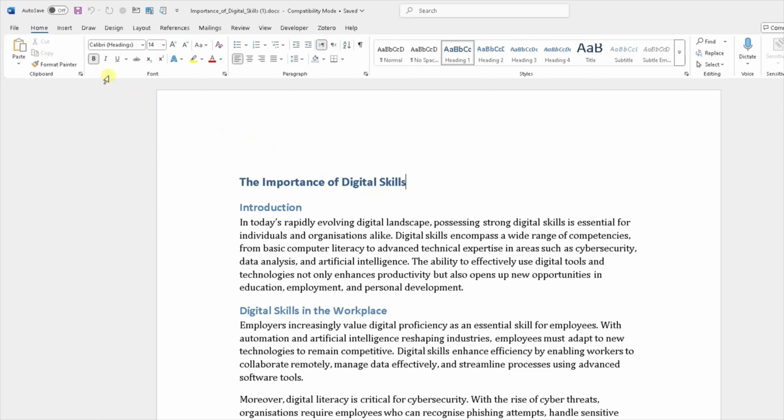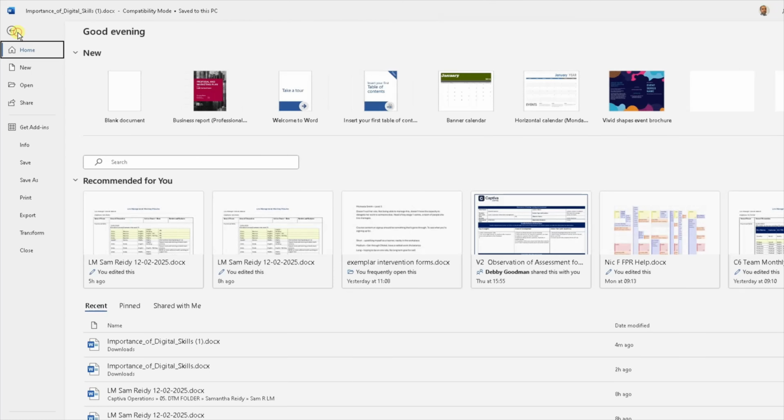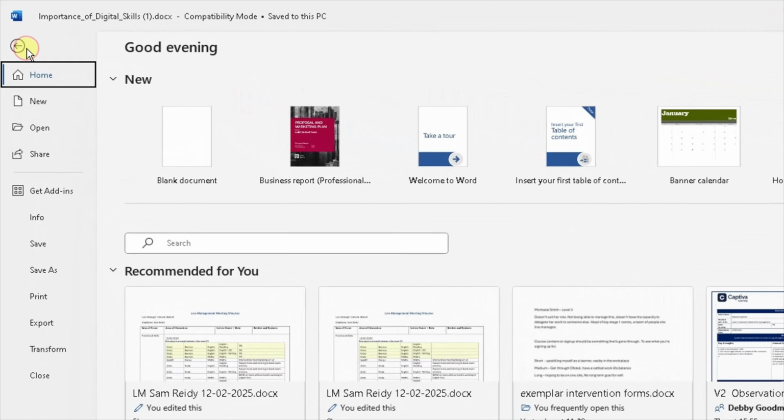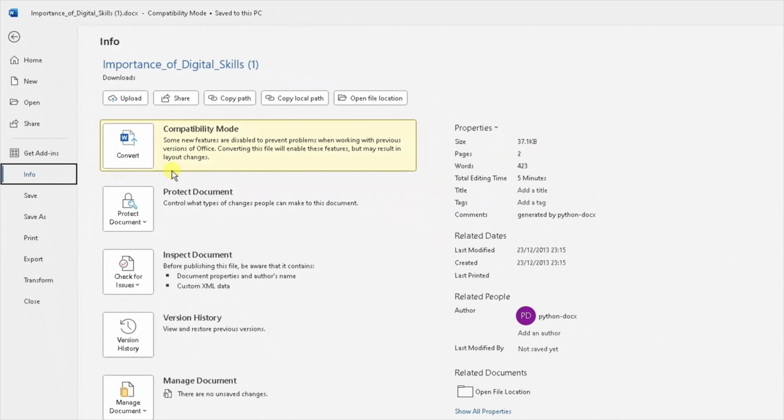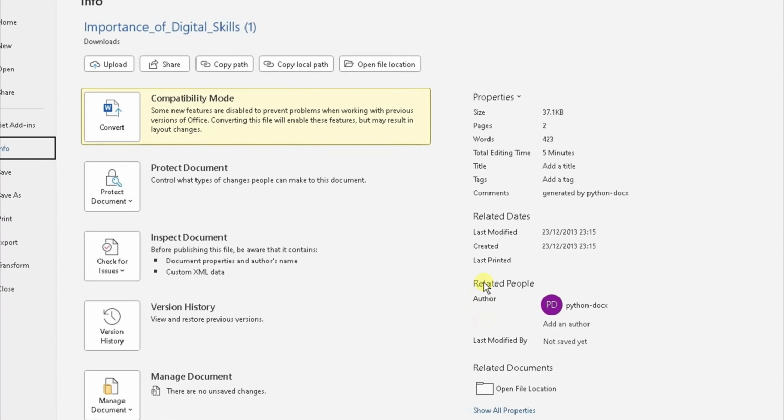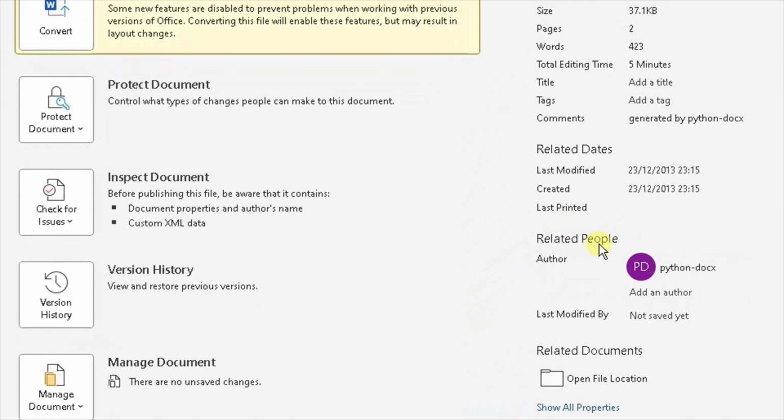So in the top left hand corner you click on File. This is to check the author. On the left side, scroll down the menu option, go to Info here. Click on Info. Now on the right here, you can see the related people section. Now in there, it has got the author. Now this author here,